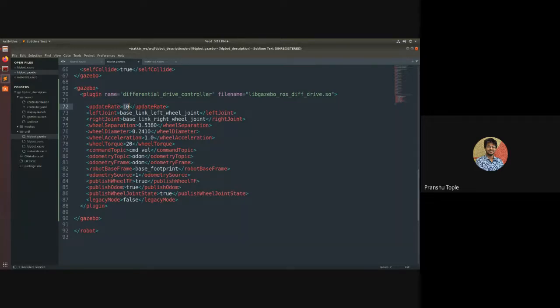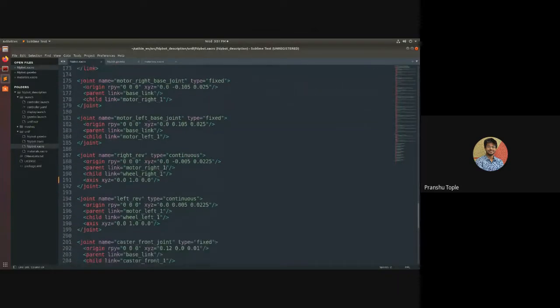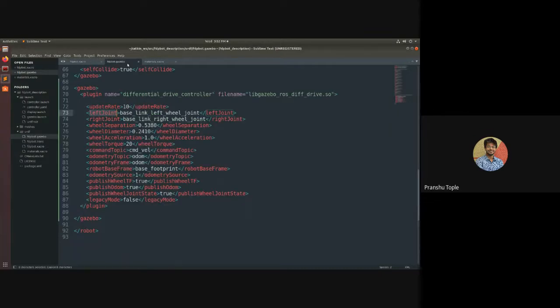It's okay. Now it is asking what is the left joint. So if you refer to the Chakro, the joint should be continuous between your left motor and wheel. So here it's the wheel, left motor. It is the continuous joint. What is the name of the joint? It is left_rev. I will copy this and paste it over here.